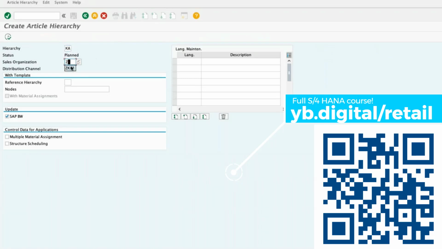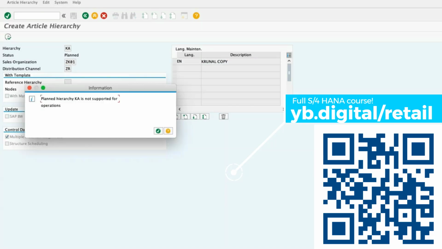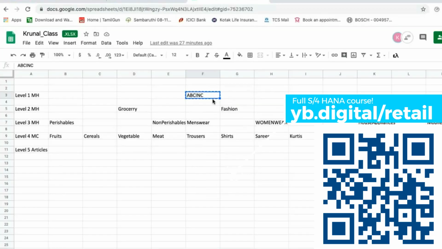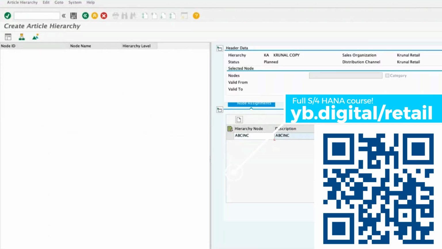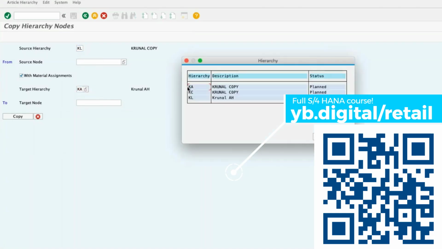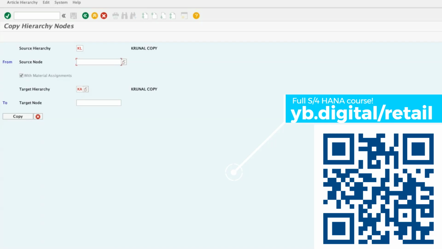The same article can appear under more than one node. For example, Levi's Slim Fit jeans might live under menswear basics for one promotion, and under private label for a different pricing rule. You can enable or disable this multiple assignment capability at the article hierarchy level. The system imposes a maximum of 8 hierarchy levels for the article hierarchy. You define how many of those 8 levels you actually want to use in the SPRO configuration, and then create